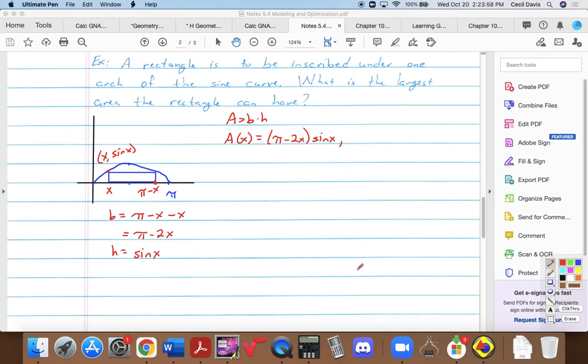So what x values are we allowed in this? 0 to pi. Could you make a case for saying I could go all the way from 0 to pi? Yeah, it's just that you would have a minimum at the ends, wouldn't you? Yeah. But we could do this as a closed interval then. So then taking the derivative,